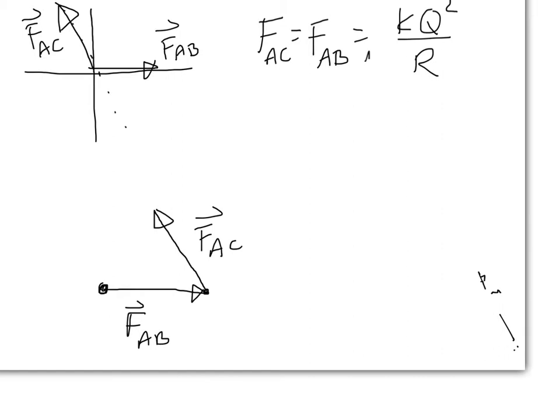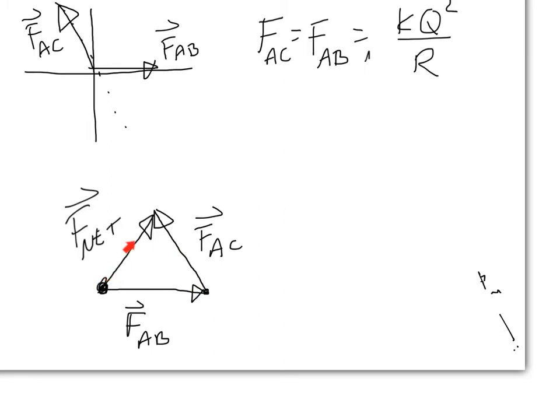So if this is 60 degrees, these two are the same side. Let me draw, this implies something about the vector sum. The vector sum goes from the beginning to the end. Here's the F net. But by the geometry here, since this is 60 and these two are the same length,